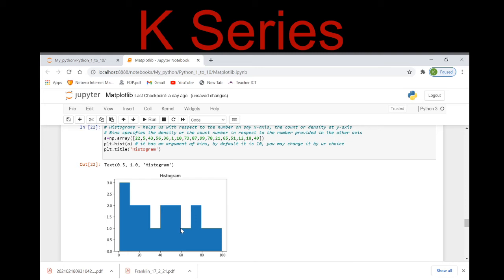Again, see here, from 40 to 60, the density is quite high. Yes, everyone, right? So in this way you can check the density, that is the count or occurrence, on the y-axis, and on the x-axis you can place your variables, your numbers, and you can check their count on the other axis.